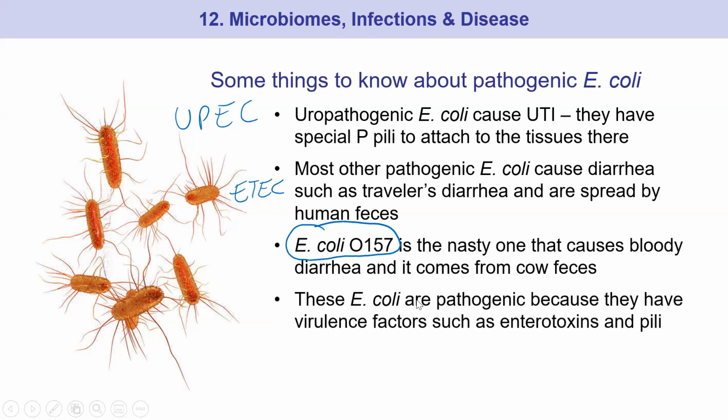What else to know about E. coli? These ones here are pathogenic because they have virulence factors. They have extra genes that allow them to do what they're doing. So in the case of the ones that are causing disease of the gut, they often have enterotoxins. Remember, entero means gut. And they have some sort of toxin that's causing diarrhea. It could be normal diarrhea, it could be bloody diarrhea. And that's kind of how the classifications come down with these organisms in terms of which toxins and virulence factors